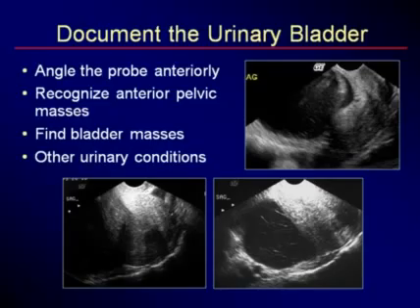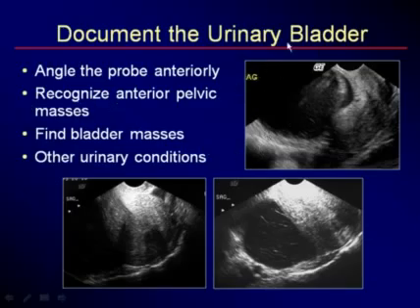Okay, so we have our technique correct. We know our orientation. Now we start scanning, and before we go looking around for uterus and ovaries, we should take a quick peek at the urinary bladder. To do this, we have to angle the probe anteriorly,